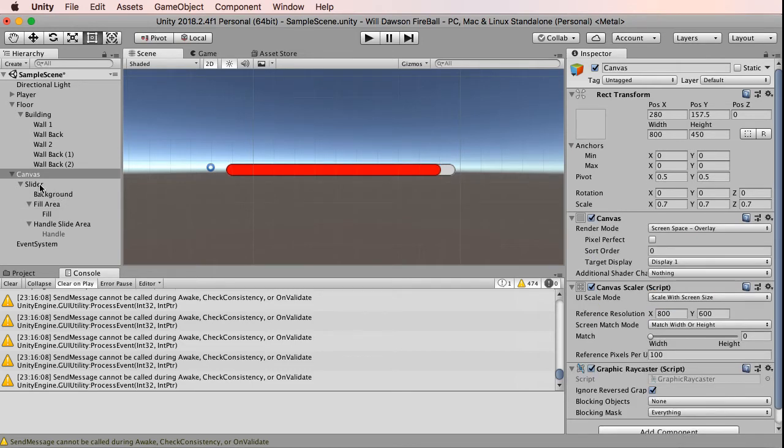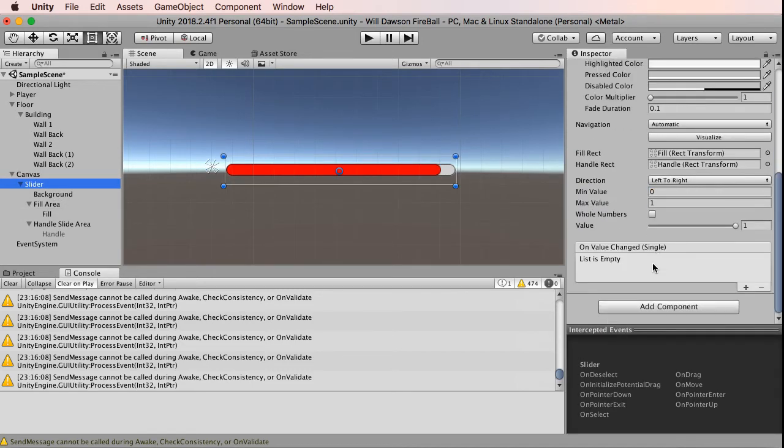So again, if I grab the slider and scroll down to the value, I can see as we change that, it's going to go all the way to the top, or all the way to the bottom, except that it doesn't actually. We might be able to get away with this as a minimum, but we certainly cannot get away with that as the maximum. It looks like you're not all the way full. So what we need to do